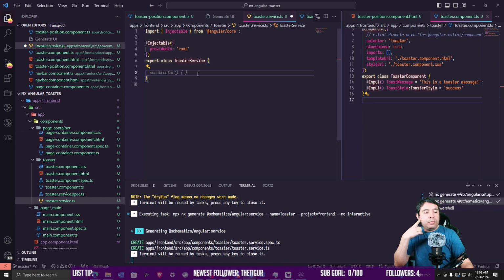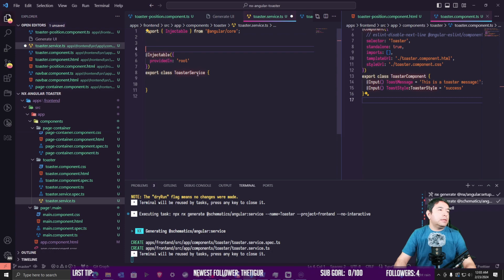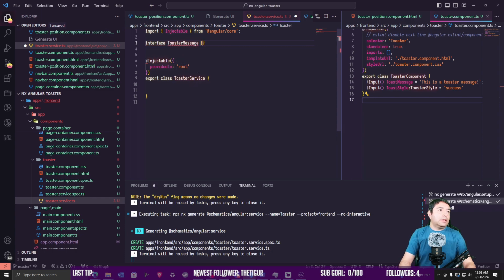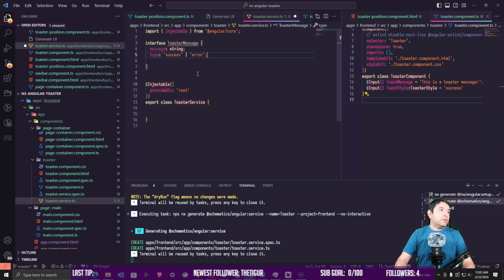Let's structure what I'm intending to send. I intend to pass an object that is going to contain position, style, and text. So I have to describe that in an interface. Toaster message. The toaster message should have a message that is a string, a type that comes from